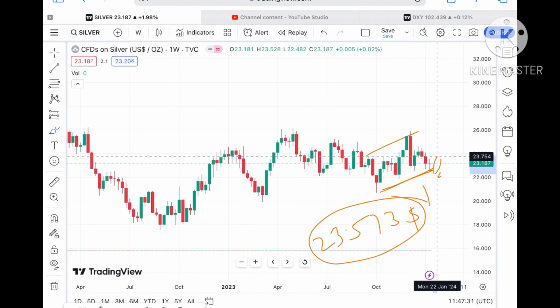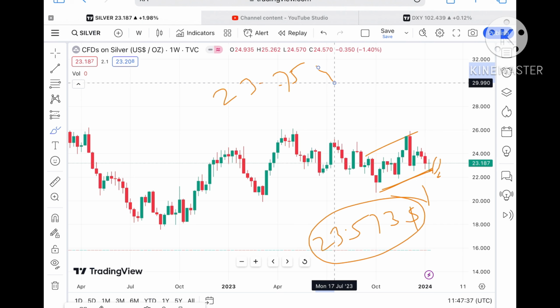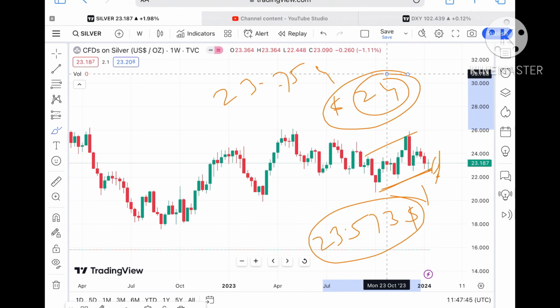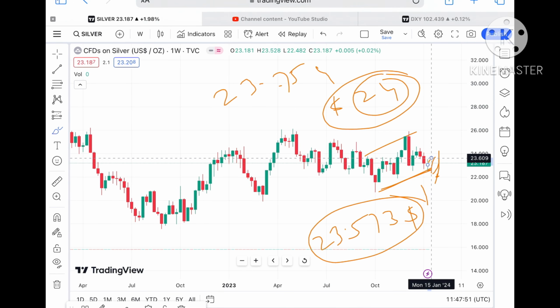$23.573. Okay, and this is the level which is already a weak resistance, so chances are high it will cross that level and it will go towards 23.754. Okay, and once the price starts going above that particular zone, a further upside movement we can see, and from there it will touch a level of around $24. And if the price starts going above a level of 24, a further high we can see,